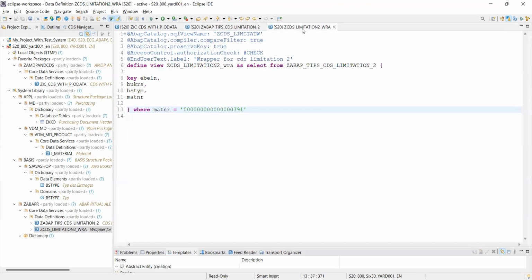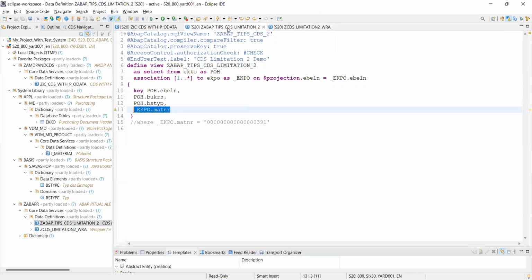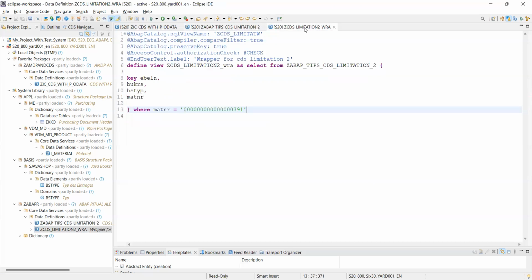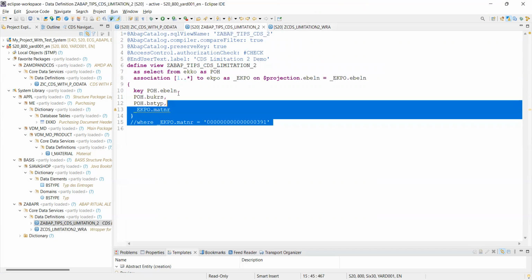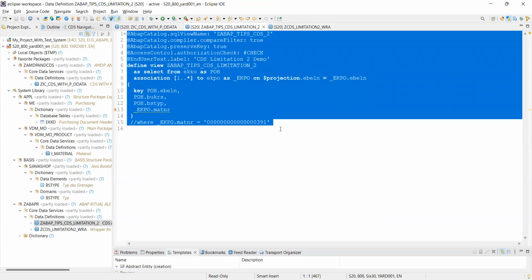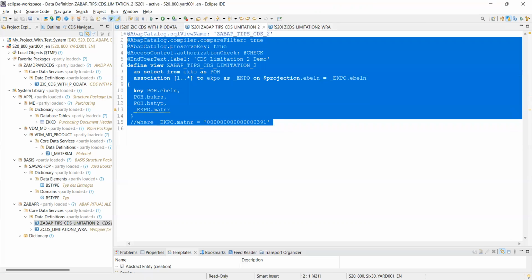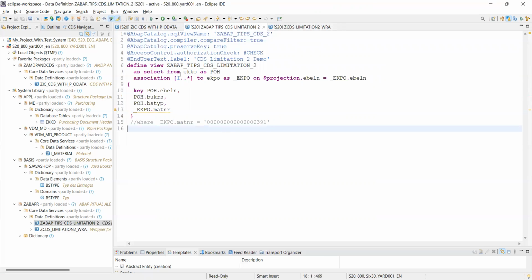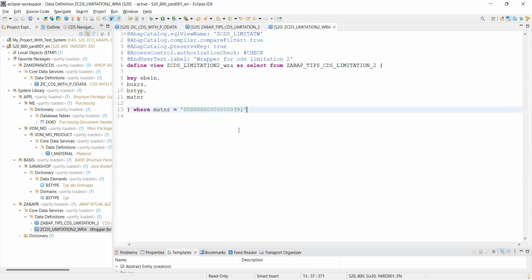Okay, if one already exists, maybe there also, I think first you go with the wrapper and try to implement and try to avoid this error this way. So this is, we can think of, the best solution to not disturb any kind of functionality or any kind of result. Create the CDS with proper association, remove the where condition from there, create a wrapper CDS, and there you put